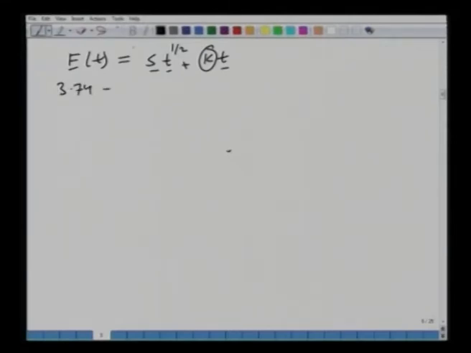So, if you put in the values, what you will have is 3.74 equals S, which is 5, times the square root of the time for the vertical case, which is half an hour, 0.5, plus K times 0.50. You can solve this. I am not going to go through the steps, just give you the value of K, that will be 0.41